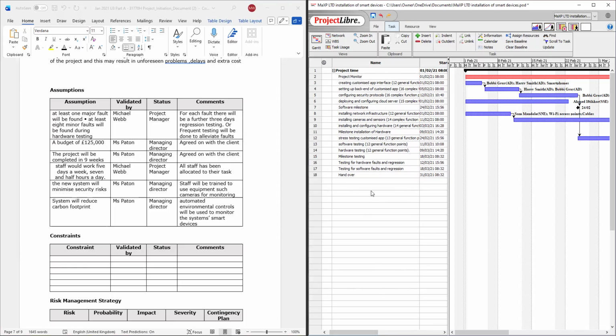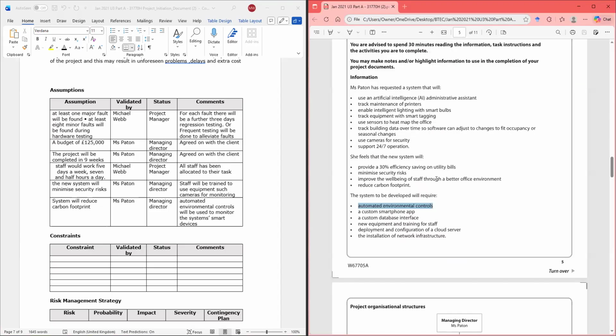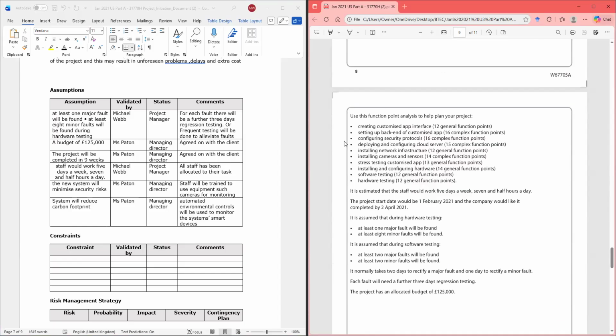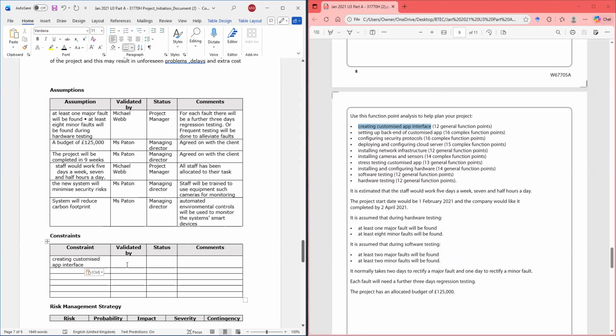All right, so I'm going to look back up. Let's open the sheet and look at the task that we're going to do. So let us look at creating the customized app interface, and we are going to copy and paste it.